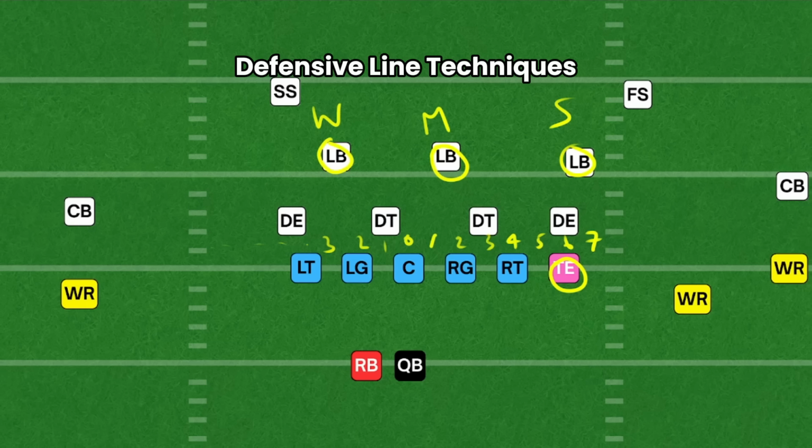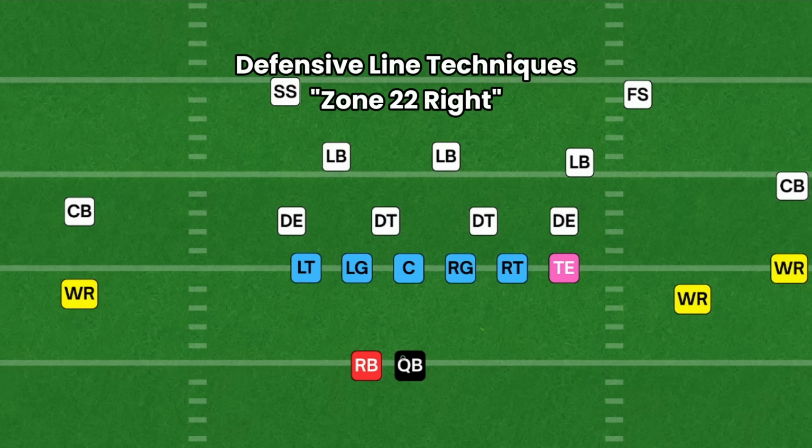Putting this all together, when coaches call zone 22 right, they're signaling an inside zone run to the right A gap, the 2 hole, with the halfback as the ball carrier. Against a defense with a 3 technique defensive tackle on the play side and a 1 technique nose tackle on the backside, the right guard is covered and will work to block the 3 tech directly or with help from